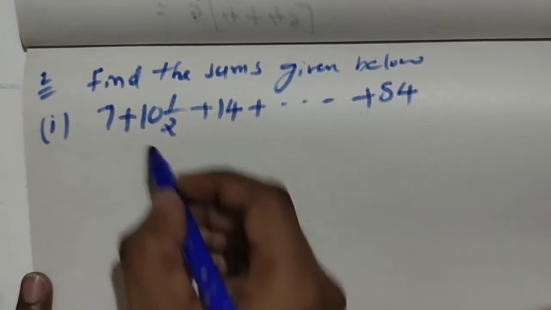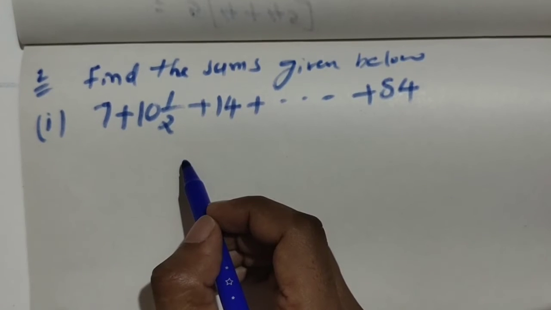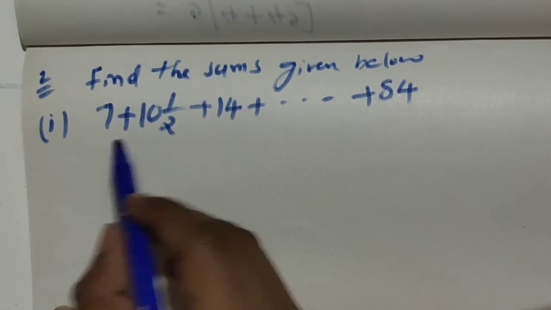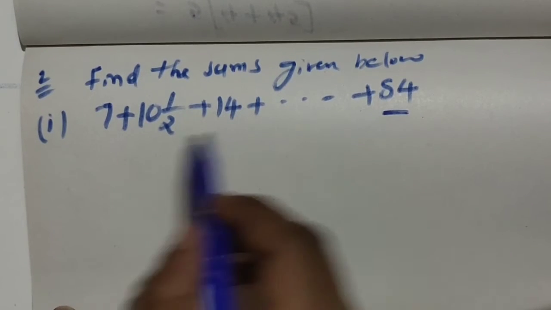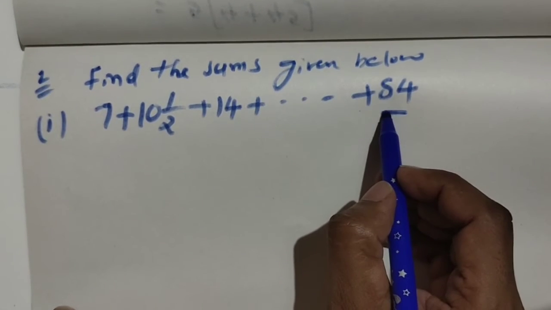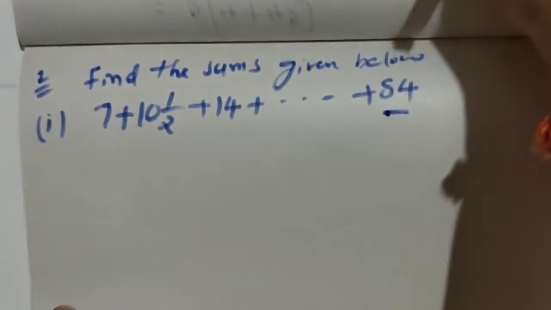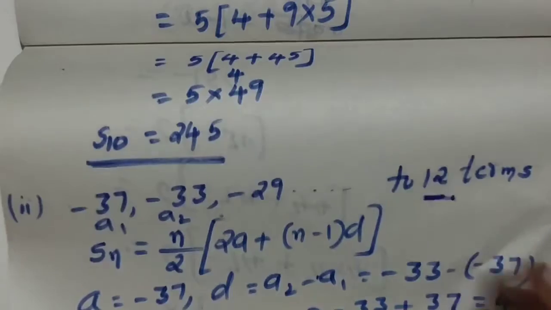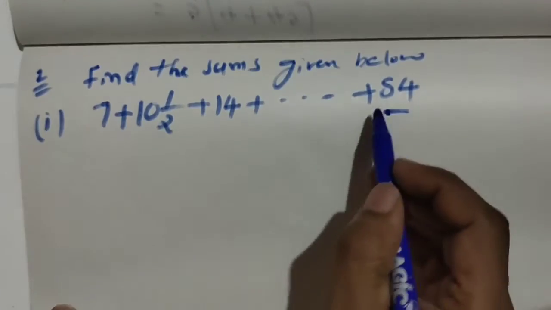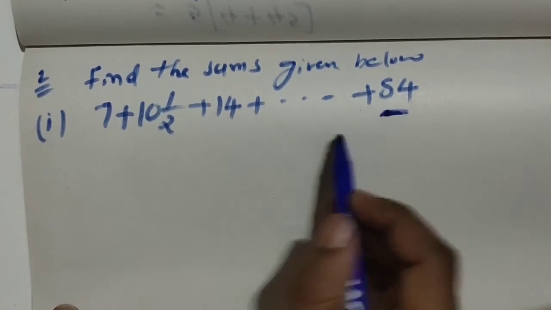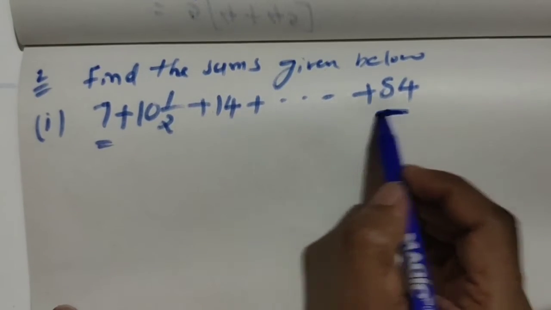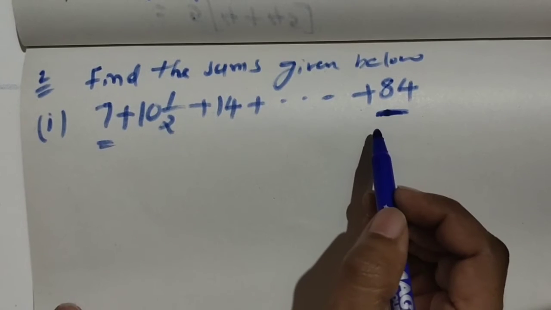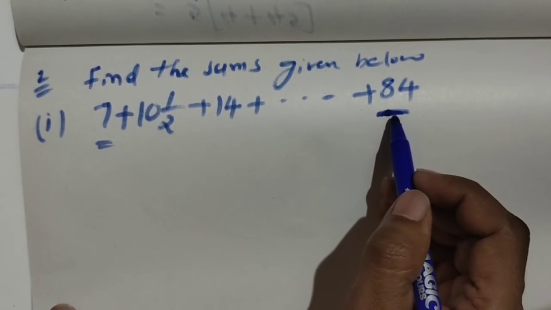So children, here before, in this one, we have just one difference. He has already given the sum of some finite numbers. That means we don't have the number of terms here, whereas in the previous question we had the number of terms. So for that we need the number of terms in this given sum. Okay, we have to find the number of terms in this